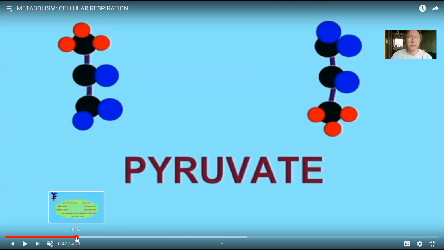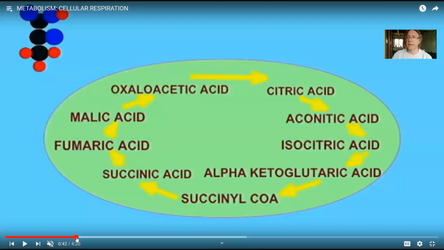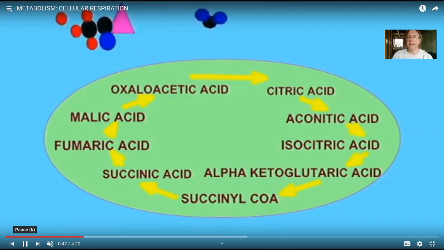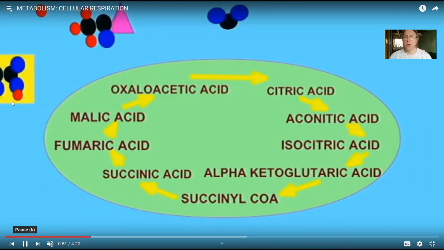But we're going to assume that you now have enough oxygen to go into the second portion of cellular respiration. So this is step 2, known as the Krebs cycle. Step 1, glycolysis. Step 2, the Krebs cycle. So in step 2, the pyruvate, which had originated from the food you eat, gets processed. A coenzyme is added to it, so it now becomes acetyl coenzyme A.